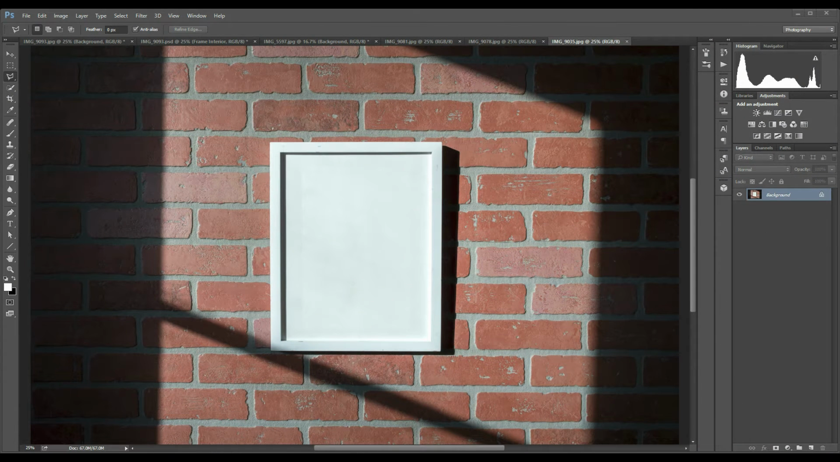Sean with VASTmicro, and this is a tutorial on how to customize one of my awesome stock images. For this video, I'm going to show you one quick method you can use to insert your own photograph into the scene of a white picture frame hanging on a brick wall that has nice sunlight shining in from a